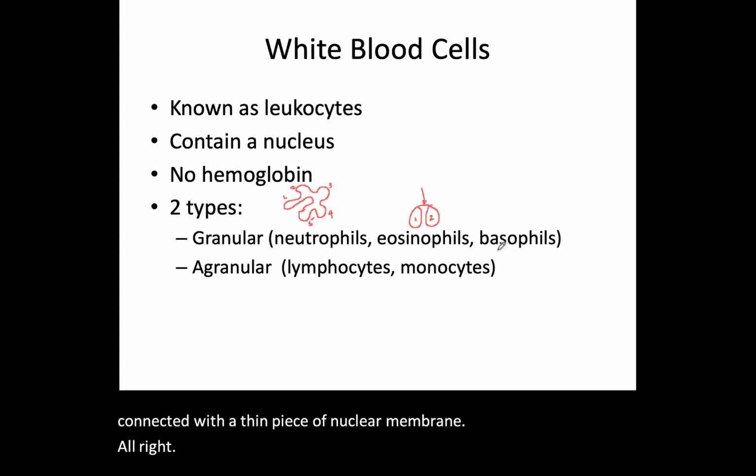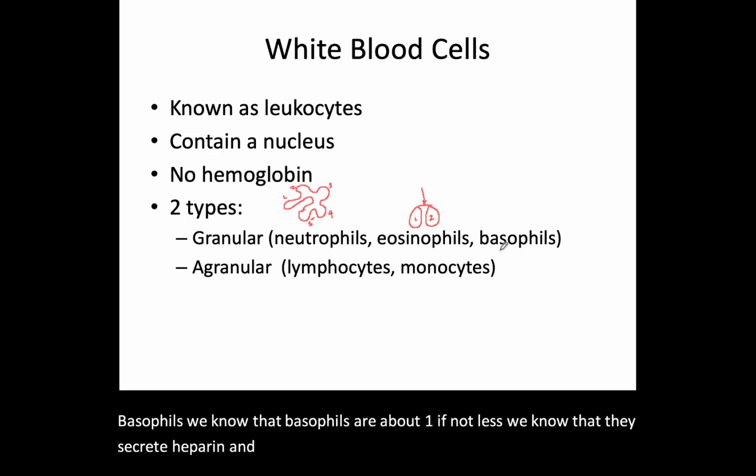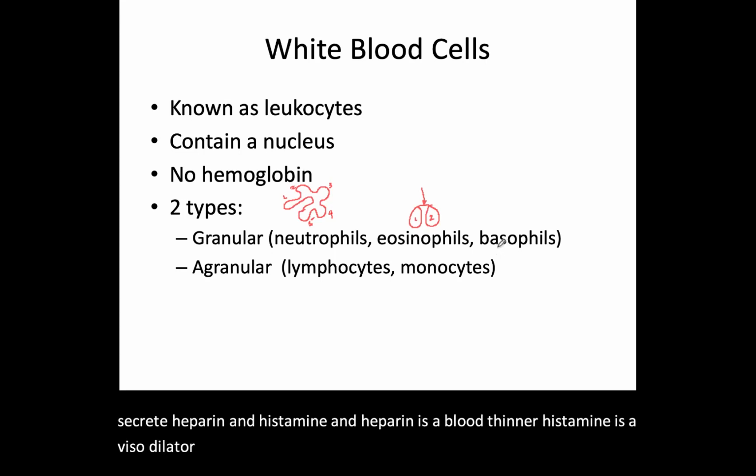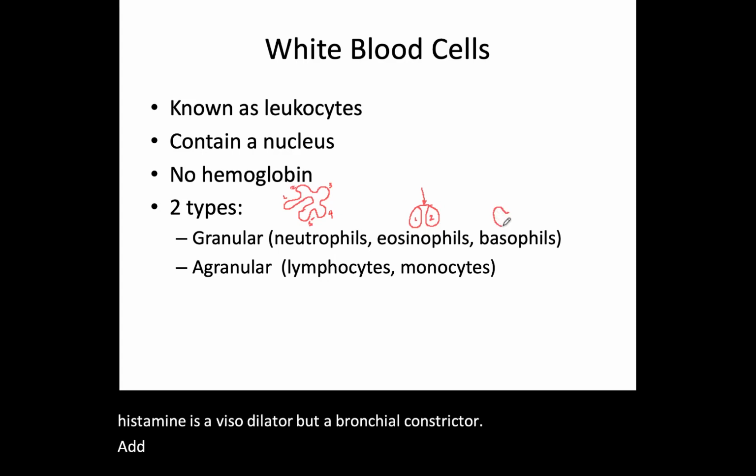Basophils, we know that basophils are about 1%, if not less. We know that they secrete heparin and histamine, and heparin is a blood thinner. Histamine is a vasodilator, but a bronchial constrictor. Right? And typically, the nuclei, first of all, you don't usually get to see too much of the lobe,